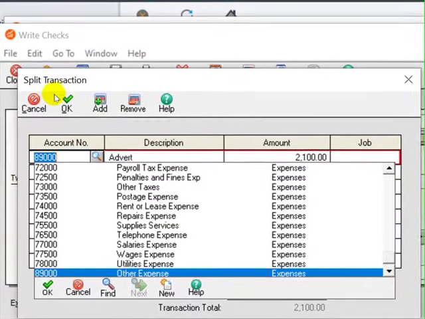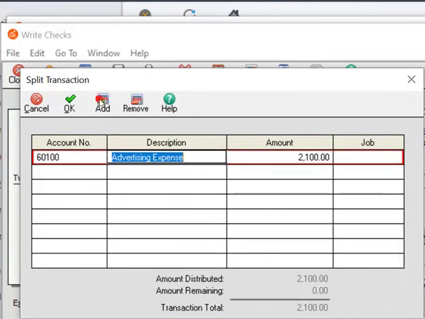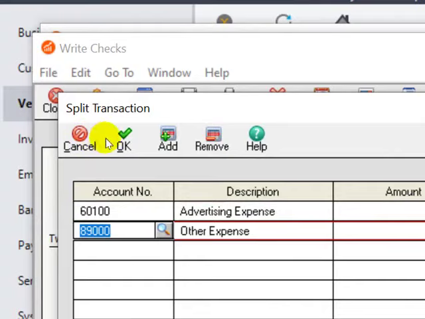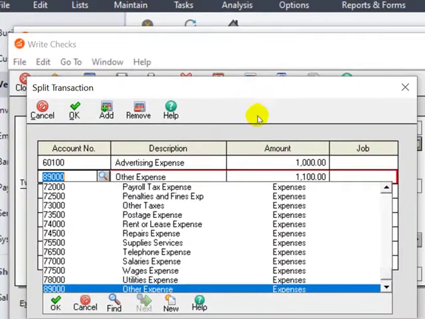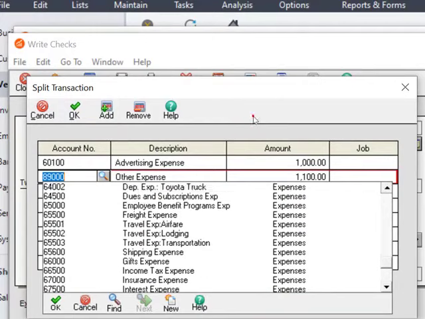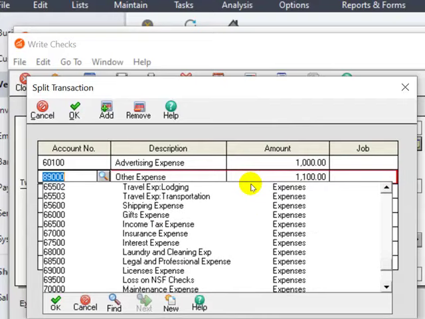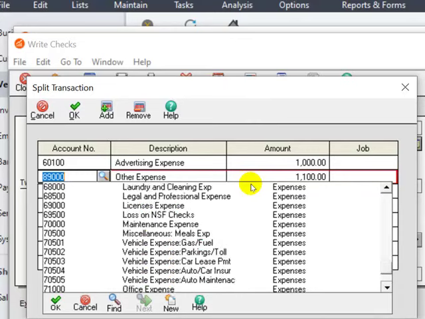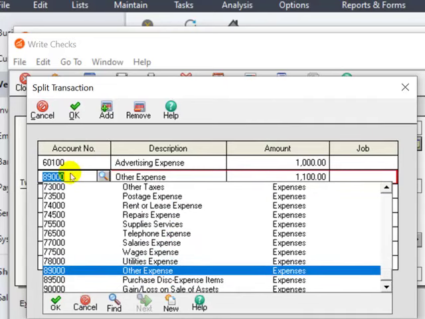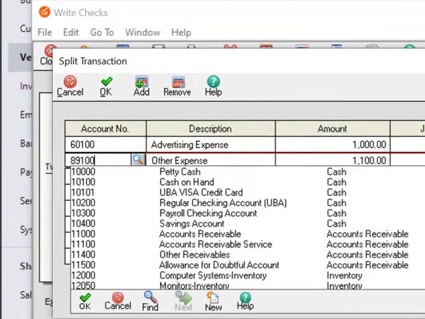What account is this? No, that advert should go to advertisement. Okay, now let's assume it was 1,000. Then let's call this lunch and entertainment for customers. We don't have this lunch and entertainment for customers. Instead of lumping it into the other expense account, we can equally create that lunch and entertainment for customers account. Let's call it 9,100. We can simply create that,